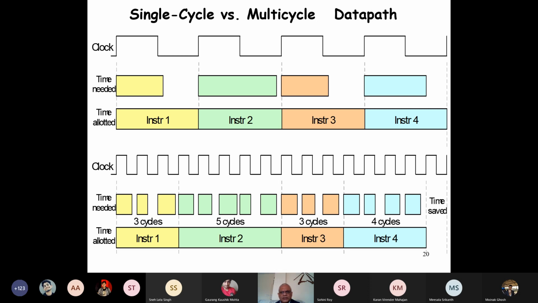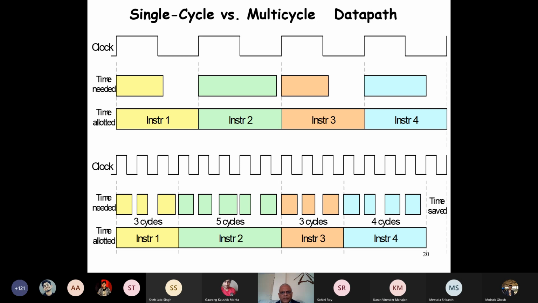There are 4 instructions here and the execution completes exactly in 4 cycles. But these instructions are of different types. One is add, another maybe compare something with something, another is some jump to something, etc. These are different types of instructions. So these instructions take different amounts of computation. Instruction 1 only takes a small fraction of the cycle. Instruction 2 takes nearly the full cycle. Instruction 3 takes very little, and so on.